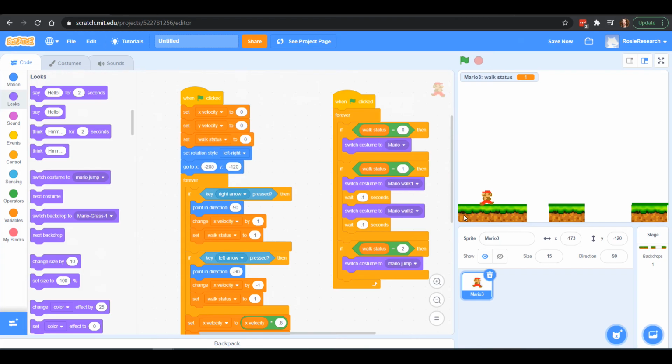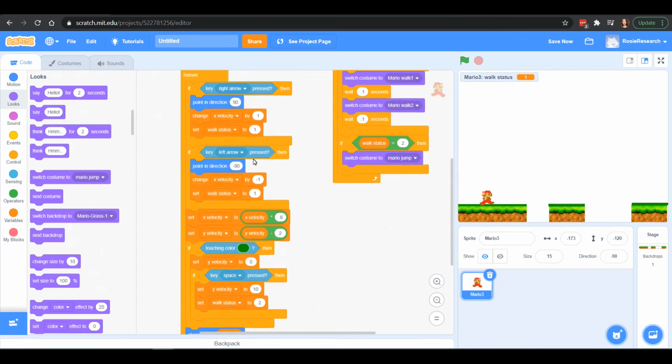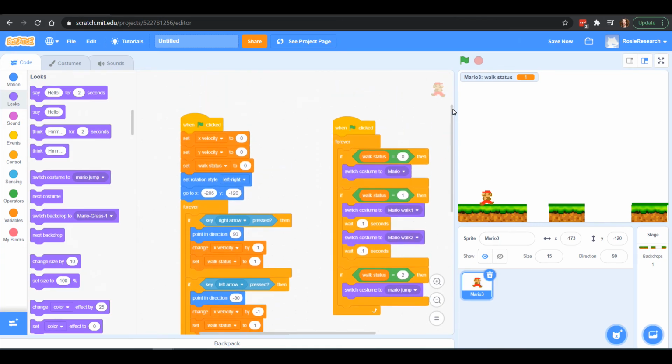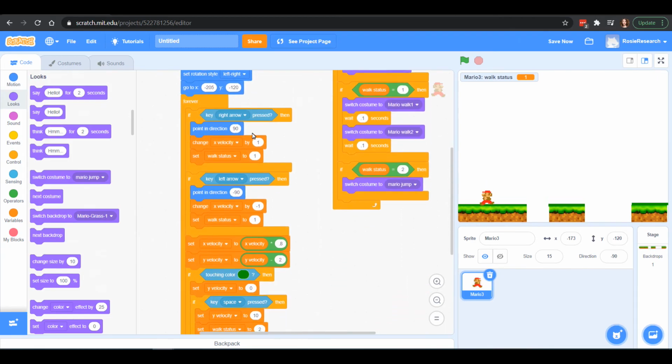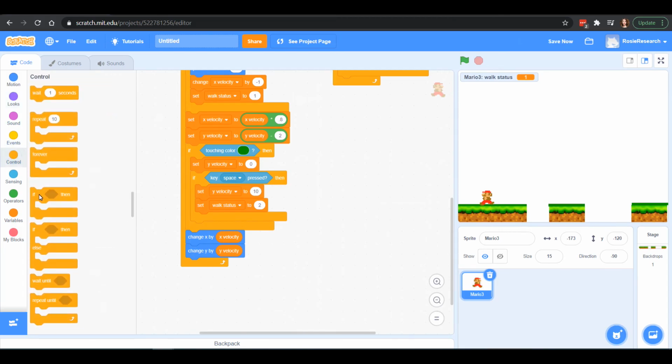So the way that we can do that is we need a new thing about how to change my walk values. Basically, at the very beginning of our program, we set our walk status to 0, and then the entire time I set it to 1, let's say, my walk status is at 1. I never set it back to 0. So I'm going to need to set it back to 0 when the walking is over. So we need to sense if our walking is over.